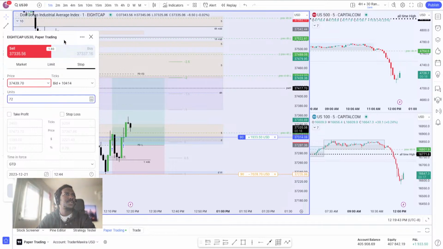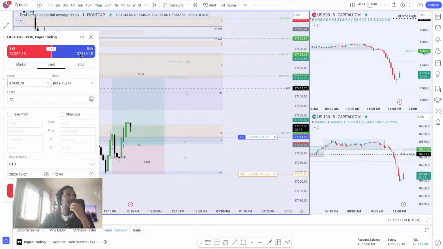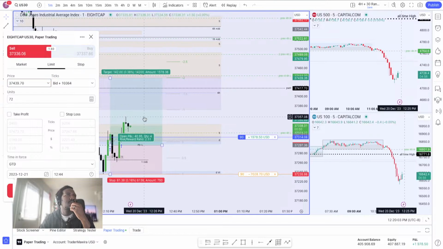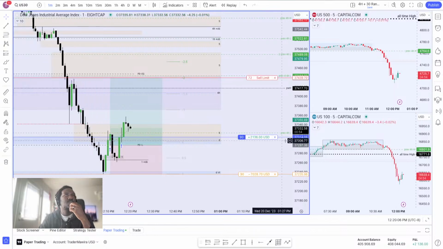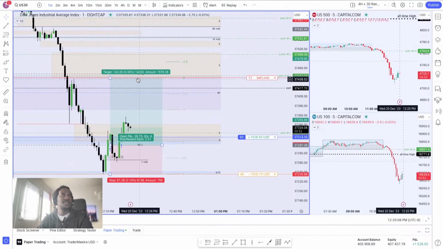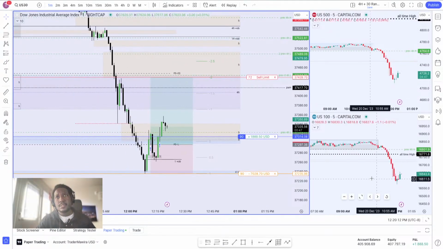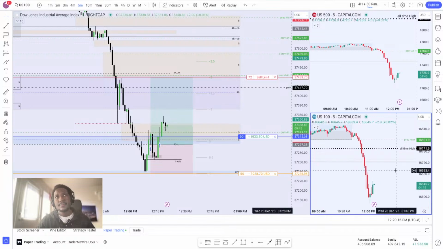And just make sure you're doing what's right. Sell stop. It won't let me put a sell stop, so let's just do a sell limit. How come? Is this supposed to be a buy stop? Okay, let's do a sell limit. Sell limit of 72 units. So I have my partial TP over there, taking out 80%. Let's see how this baby decides to work with us today.